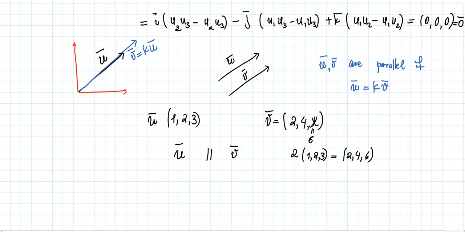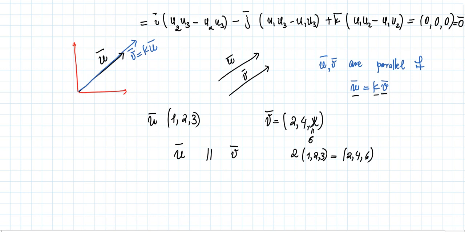Do you understand this? Now we're going to define parallel vectors differently. Geometrically, they are going to intersect infinitely many times. At school, we define them as two lines which never intersect, and now they're going to intersect infinitely many times. Okay? So two vectors are parallel if you can obtain one of the vectors by multiplying the second by